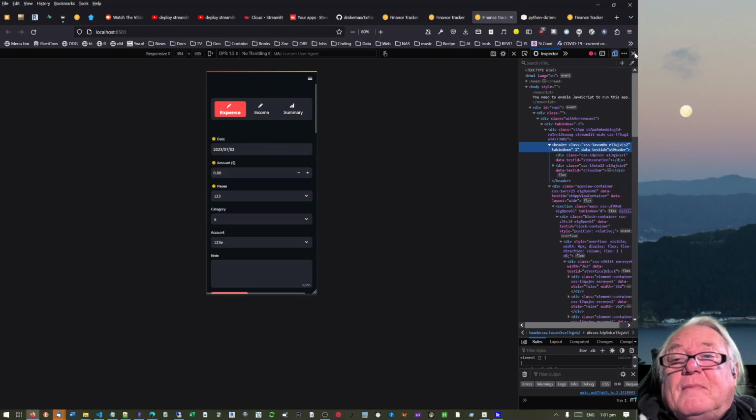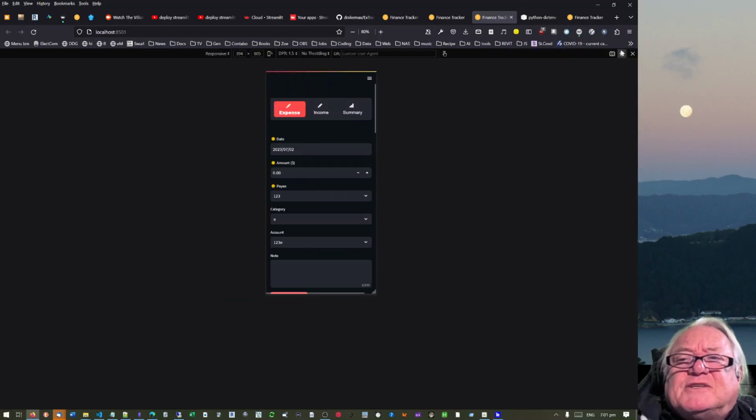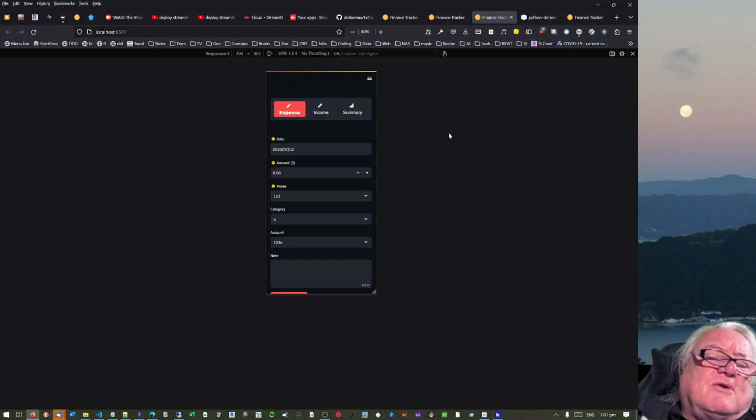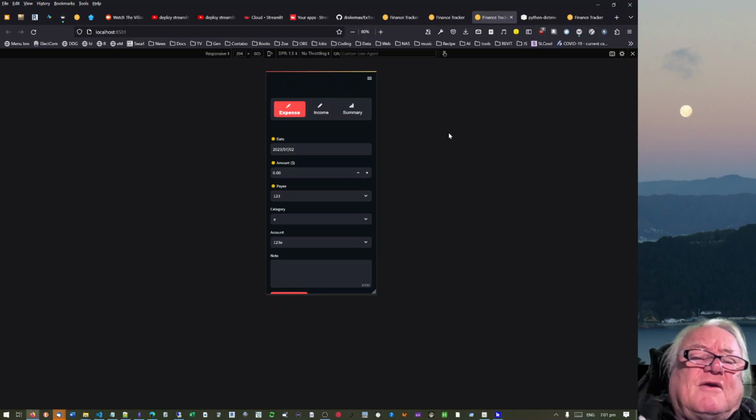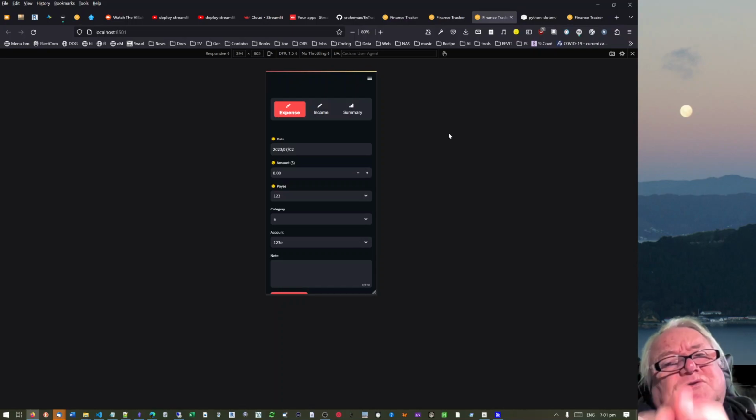But I did find it a little bit challenging. So maybe if I do a similar sort of app, instead of choosing Streamlit next time, I might decide to go for something like Flask or maybe Pyramid, or try one of the other frameworks instead, to see whether it's a more mobile friendly sort of tool to use. But the nice thing with the Streamlit one is, for somebody who's not familiar with deploying apps and things like that,